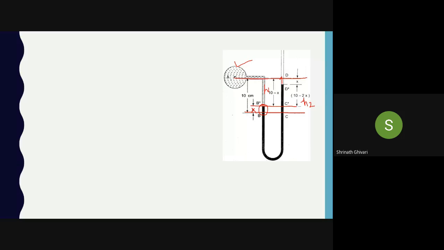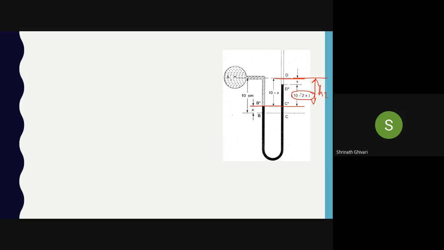So what you have to calculate is H2. Why do you have to calculate H2? Because he has asked the new difference level of mercury. So he has asked the difference between B C dash and D. उसने ये difference पूछा है, वो difference है H2 और उसका value है 10 minus 2x. Can I calculate 10 minus 2x directly? No. Can I find out H2? No. I have to find the value of x now, right? Yes, the value of x.